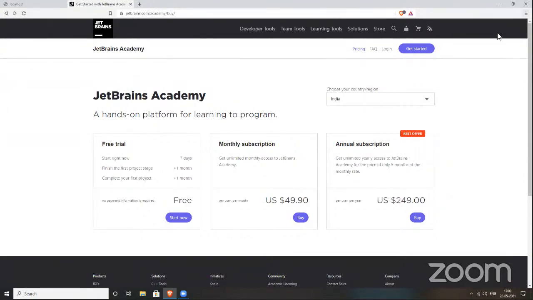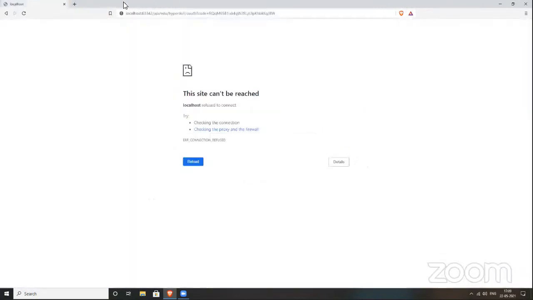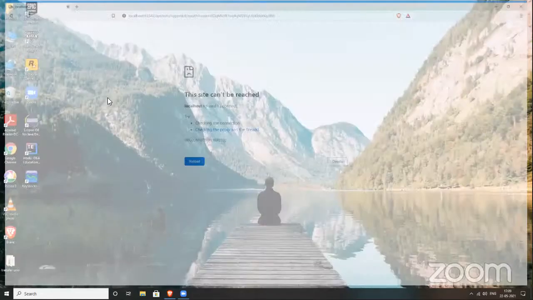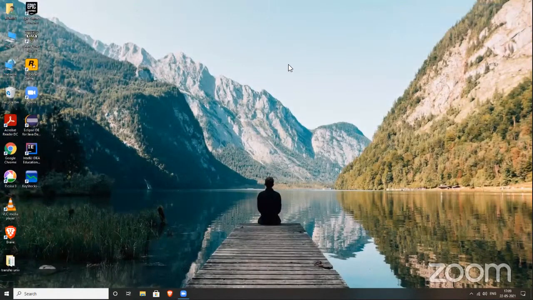In India it is so expensive, for the US I can understand. For each and every country it is the same. The site is not connecting because my trial is over.